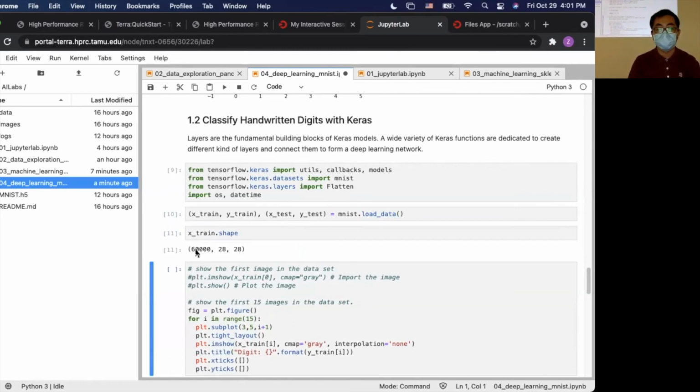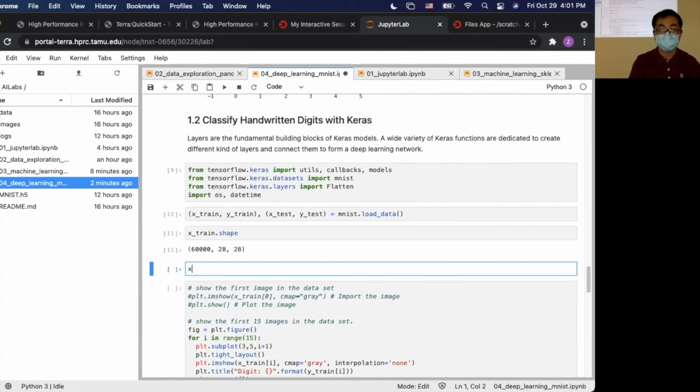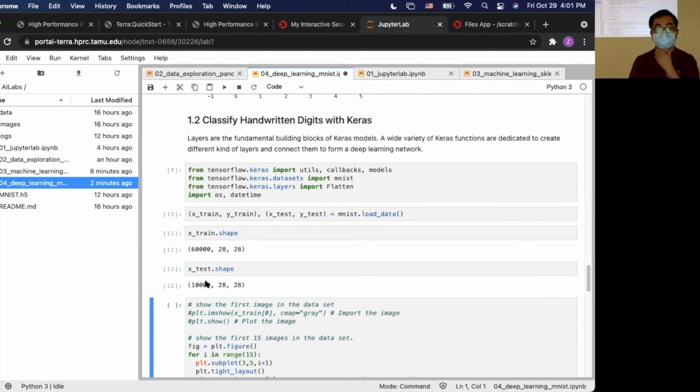So we have about 60,000 images, 28 by 28 images, and how about the test? So it's about 10,000. So it's about 6 to 1.